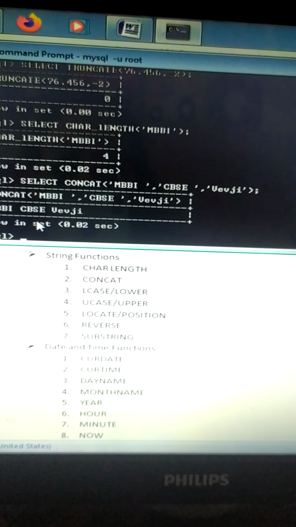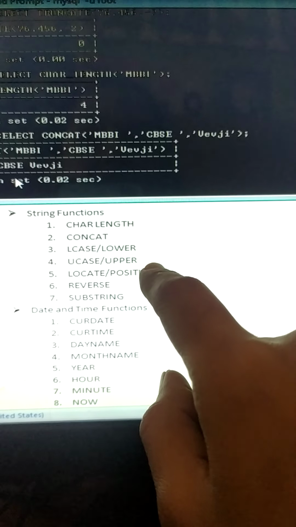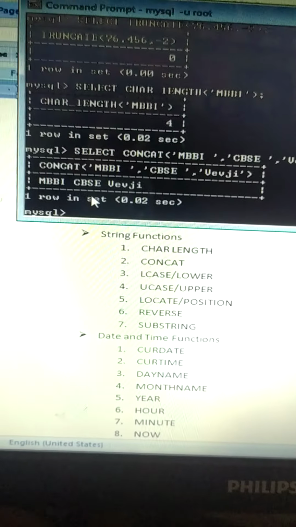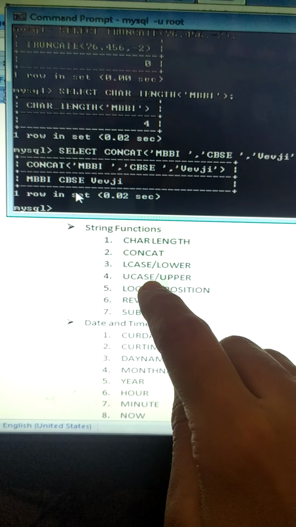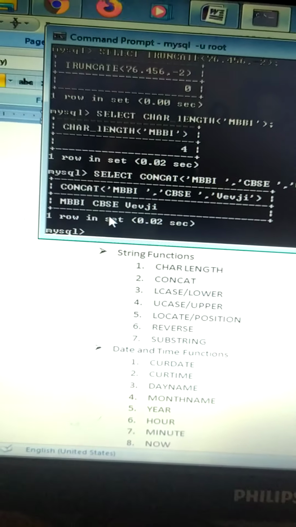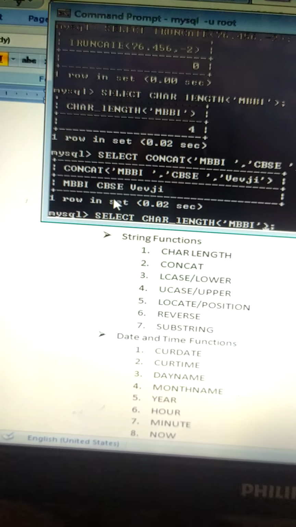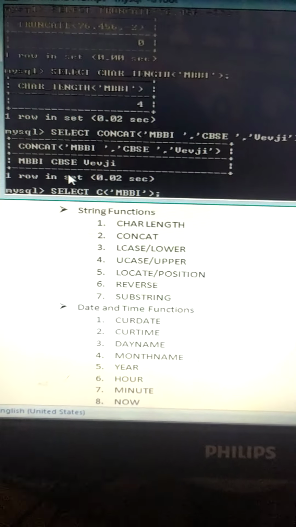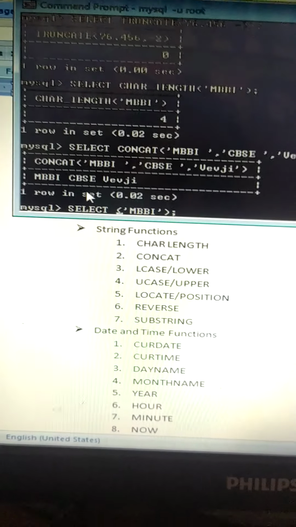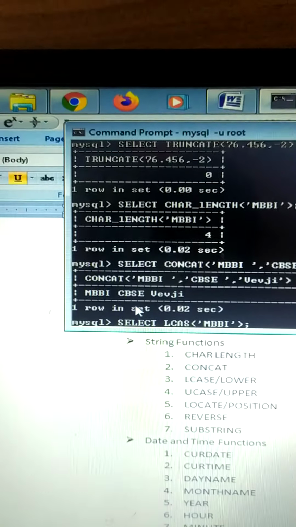Now the next thing that we are going to study is lowercase and uppercase. By the name itself, you understand that it is LCASE or else lower, UCASE or else upper. Now suppose I want to bring it to lowercase, so I'll use LCASE.